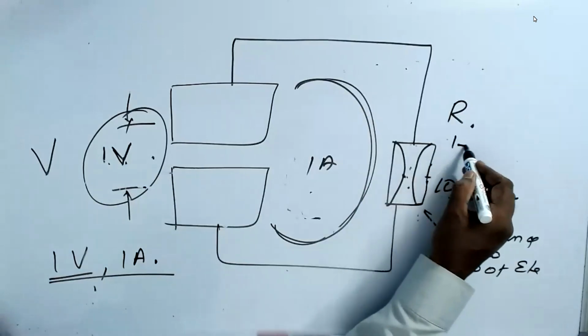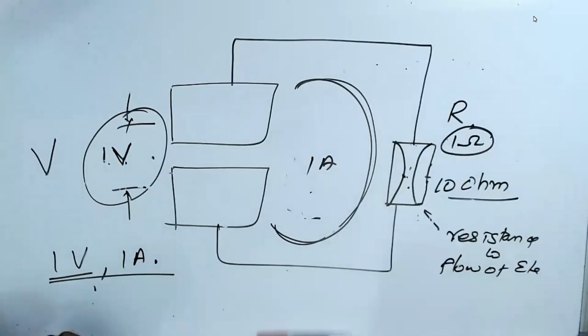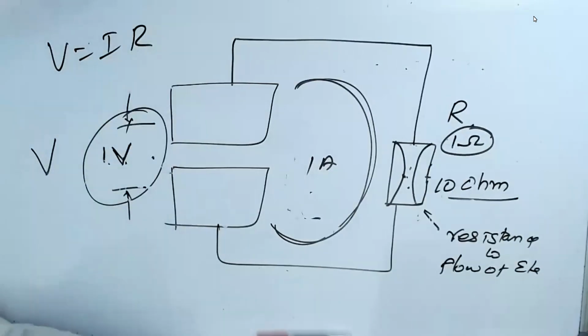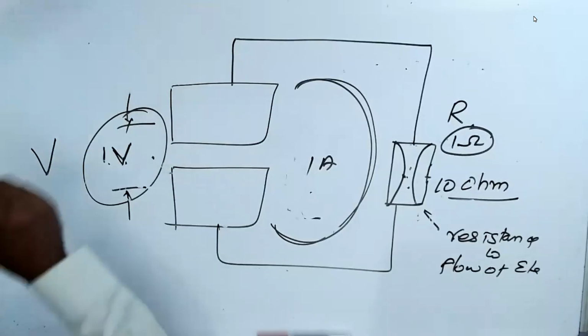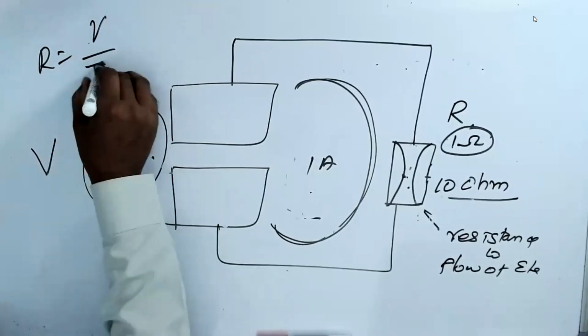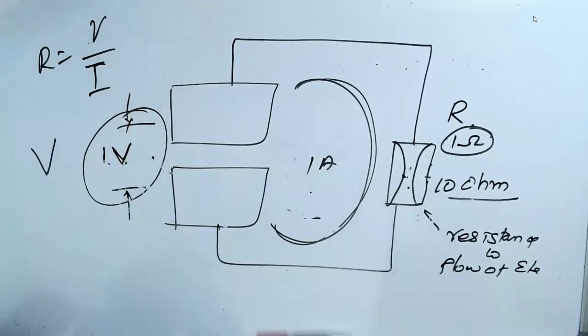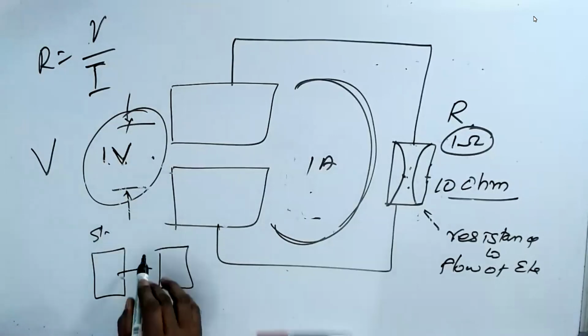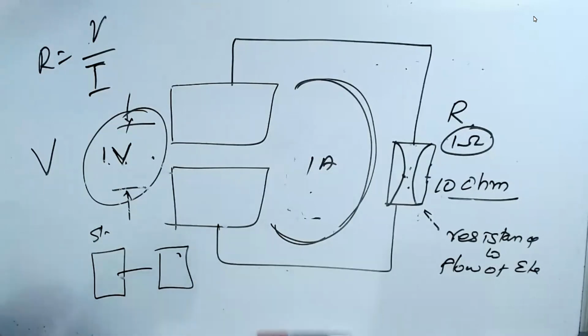Please understand how they came to the resistance. Normally, in college everywhere, we have been taught like this: V is equal to IR. Am I right? It's not true. Originally, it was invented like this: R is equal to V by I. That's the way they found out the R. Then they used 1 ohm as a standard. With that, they measured so many various types. They started measuring 2 ohm and 4 ohm and everything.